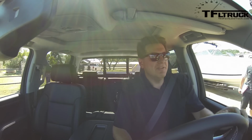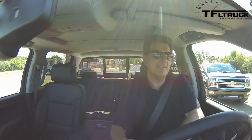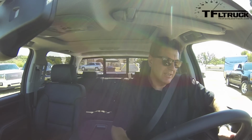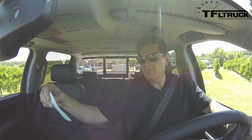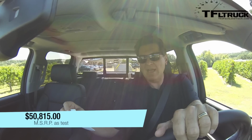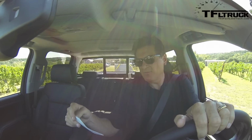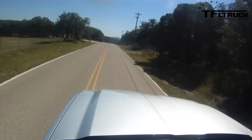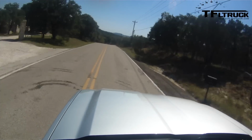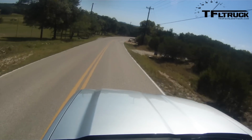Here we go, the brand new 2014 Chevy Silverado with the 6.2 Corvette engine. And I got the numbers on how much this cost, and we are looking at just over $50,000, $815, and that's with a destination of under $1,000. Now, the important stuff, of course, is that this is the most powerful pickup that you can buy in this